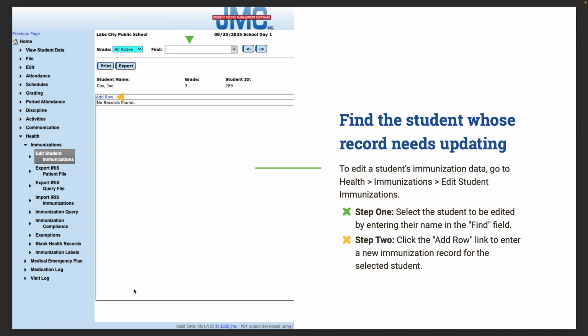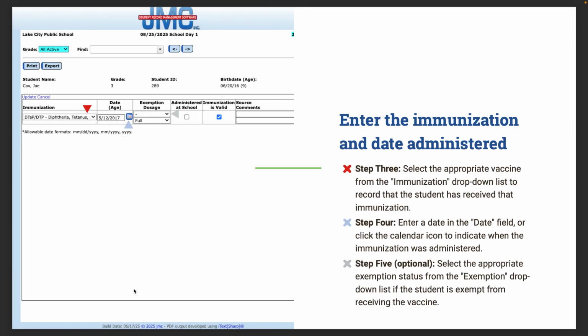The first step, select the student to be edited by entering their name in the Find field. And step 2, click the Add Row link to enter a new immunization record for the selected student. Step 3, select the appropriate vaccine from the immunization drop-down list to record that the student has received that immunization. Then you'll want to enter a date in the Date field or click the calendar icon to indicate when the